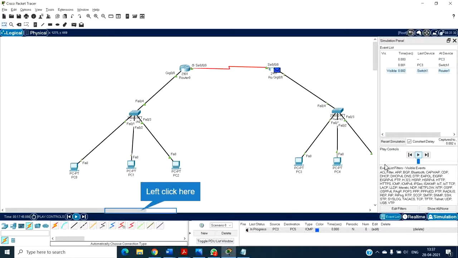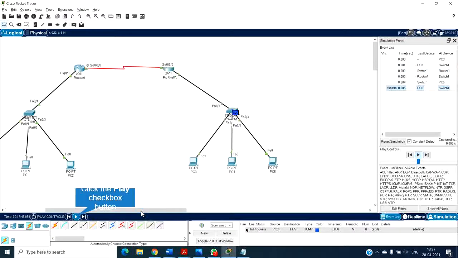Instead of just traversing from a switch to PC5 directly, it will traverse to the router first, find out where the IP address is lying, and only then again from the switch it goes on to the second PC. So PC5. That's why you see it successful. And acknowledgement back again.